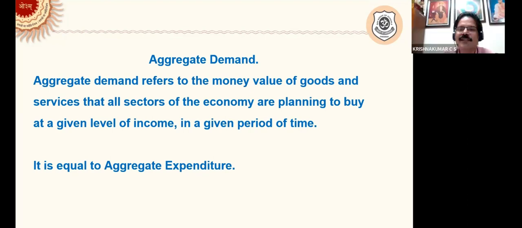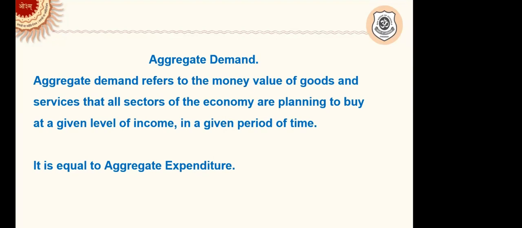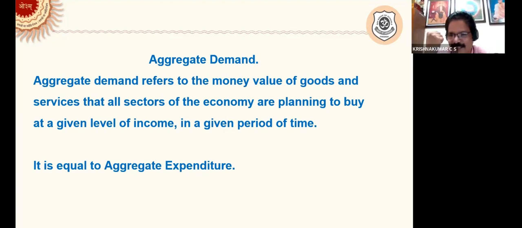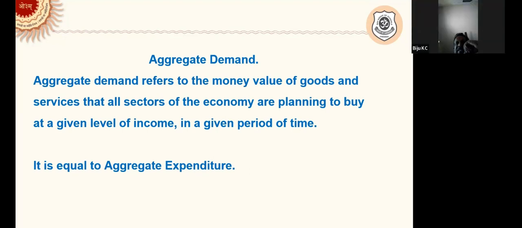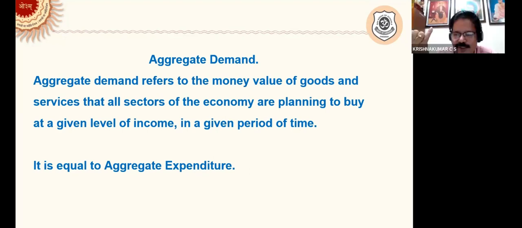Firm, household, government, foreign sector. Yeah, these are the 4 sectors actually. We have the households, we have the firms, we have the government sector, and we have the foreign sector or external sector. So each of these sectors will be,